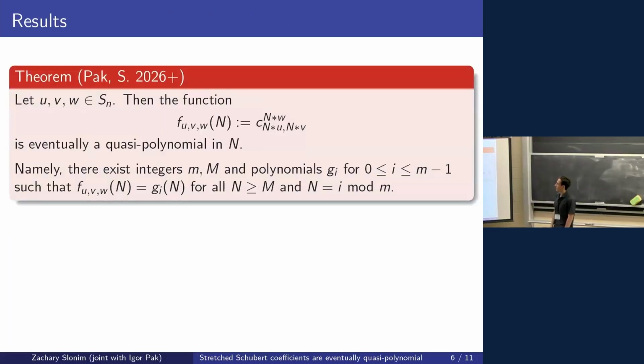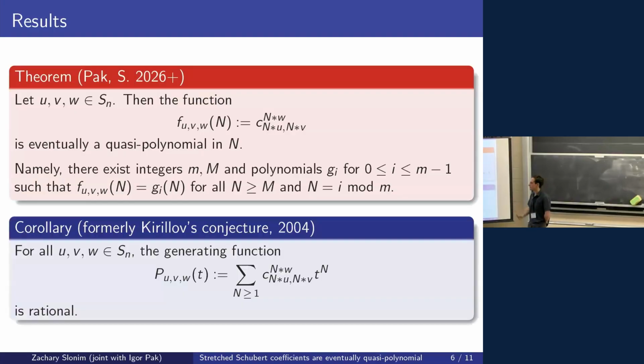So our main result, now that we have all the notation, is that while this might not be just a polynomial, it is eventually a quasi-polynomial. So what does this exactly mean? It means that for large enough n, there are some finite number of polynomials, g_0 through g_{n-1}, such that this function agrees with g_i of n when n is congruent to i mod n, right? So it's not just a polynomial, but after some period of time, it becomes a set of polynomials